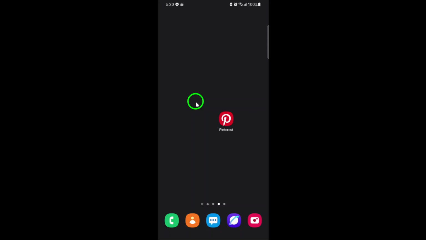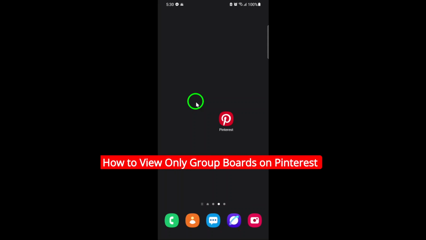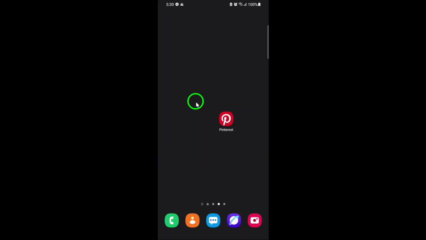Welcome. Today, we're diving into a quick and easy way to view only your group boards on Pinterest, using the latest update. If you're someone who collaborates on multiple boards or just wants to keep things organized, this feature is